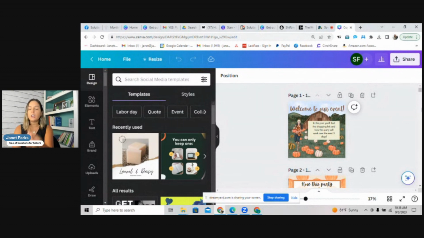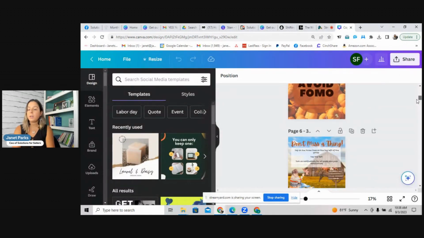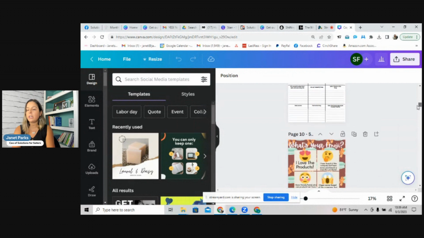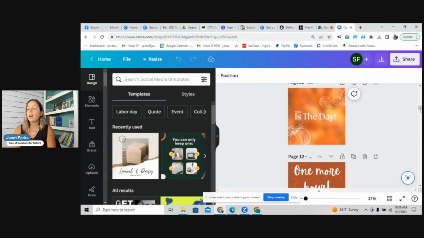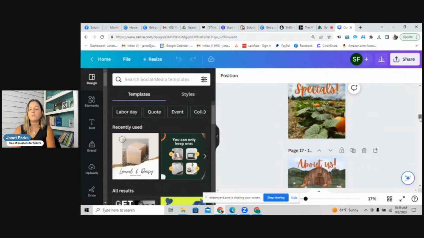Okay. From here, you can essentially start editing your graphics. You can change things up. You can add your pictures. You can add your logos on here. You can really personalize it however you want to. There's not a ton of graphics to personalize. So for those of you looking at this and thinking, oh my gosh, I'm not a graphic designer, how do I do this? Not to worry, it's not going to be every single graphic, just a few of them.